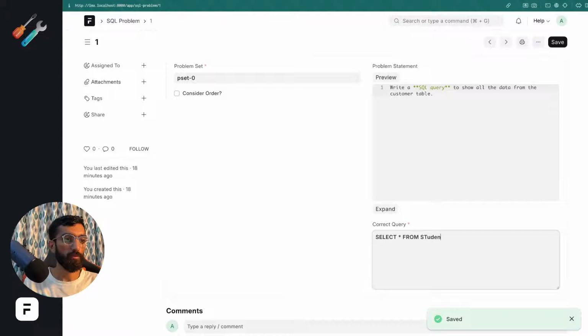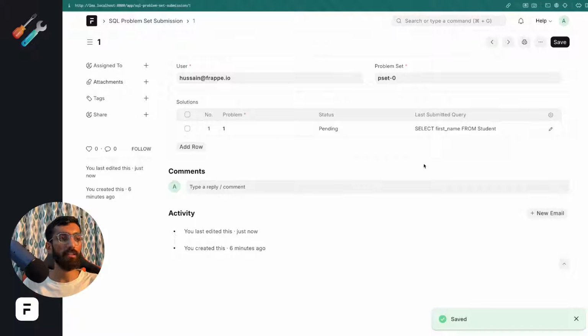This should be student table as well. Nice. So now we have to implement the actual logic, right? We have the question, we have the answer. How do we check, right? So what we do is whenever